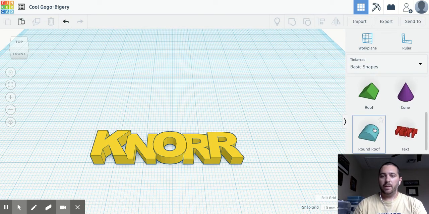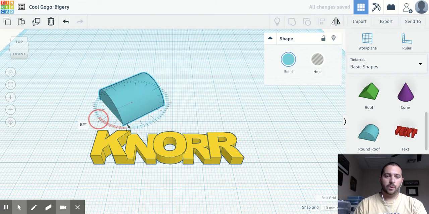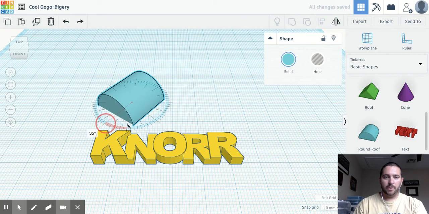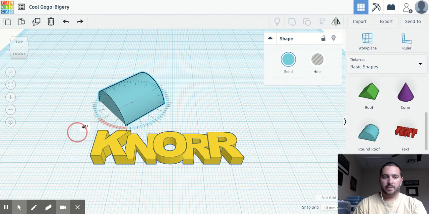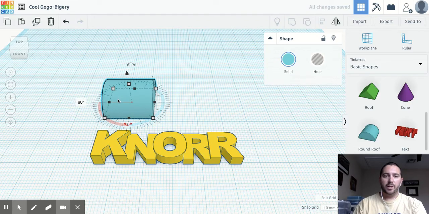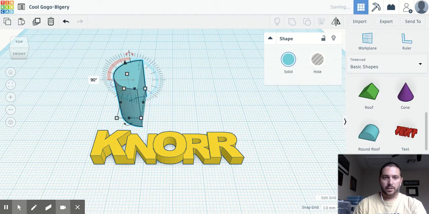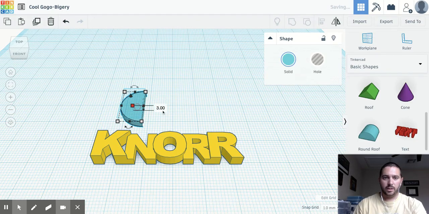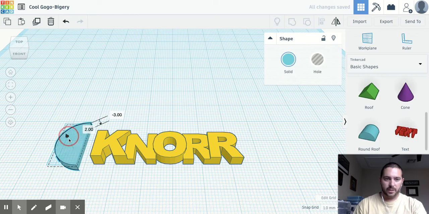The way that I'm going to do it, I'm going to use a rounded roof. I'm going to bring that rounded roof out, and I'm going to rotate it using the rotation tool. Oops, my computer was lagging there a little bit. Now you'll notice that if you hold your mouse outside, it does it by single degrees. You hold it inside, and it does it by these markers. I'm going to go 90 degrees, and then again 90 degrees. So it's like this. We're going to squish it, give it a height of 3, and you'll see that it's underneath the workspace. So you've got to lift it up